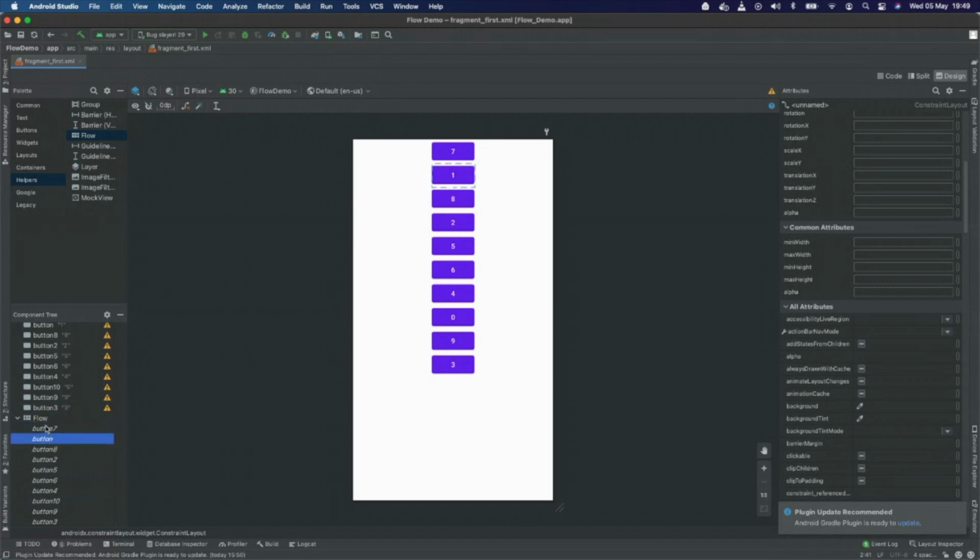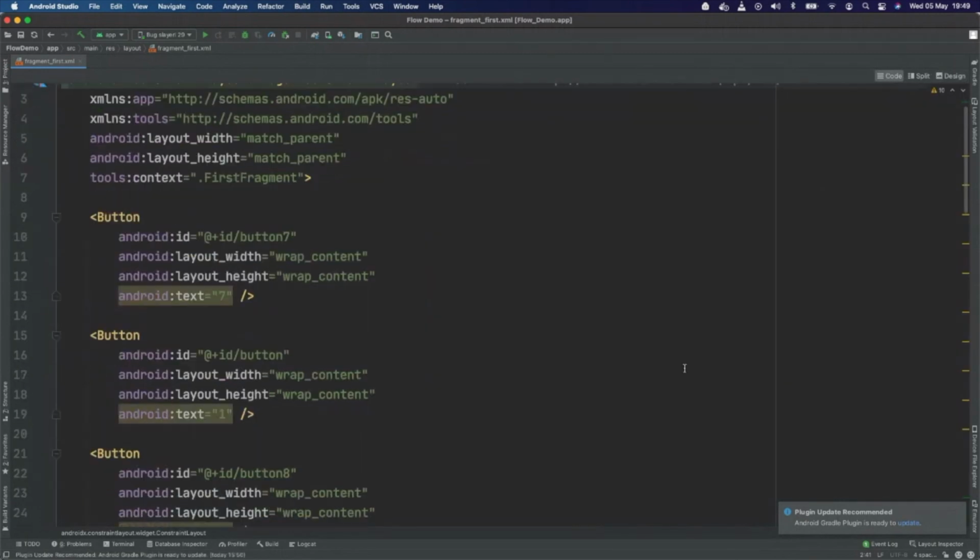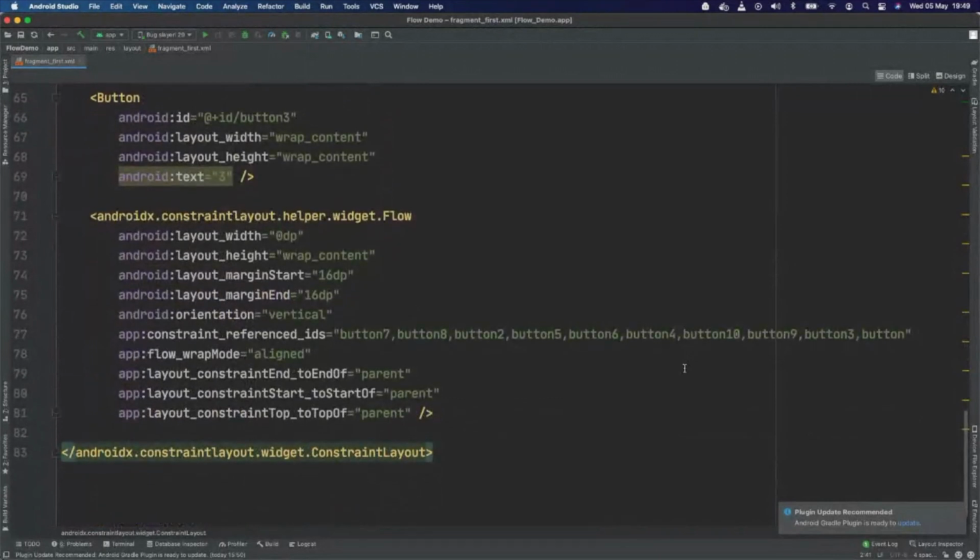Okay. Sorry. Anyway, we can go to our XML and do that easily. So we want button to be at the first one, and then button 2, then button 3,